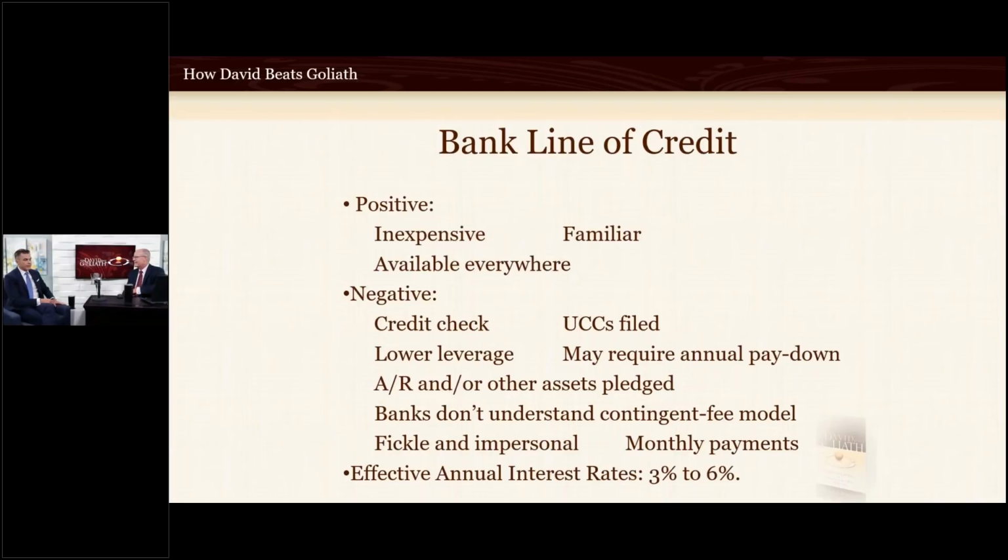Yes, and in fact, I was speaking about a customer with our chairman just yesterday, and they had lunch, and they had mentioned that they had a bank line of credit, and it was for $1 million. And it turns out the bank had $7 million worth of real estate collateralized, in addition to an active UCC against the firm's accounts receivable. So for that $1 million line, they had likely more than $8 million worth of collateral. It's a lot. Yeah, absolutely. Because the bank doesn't understand the value of a firm's accounts receivable, because they wouldn't know what to do if they had to foreclose on it.